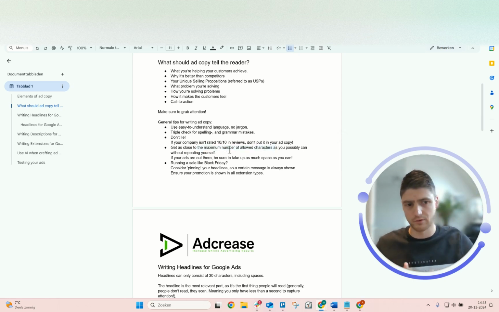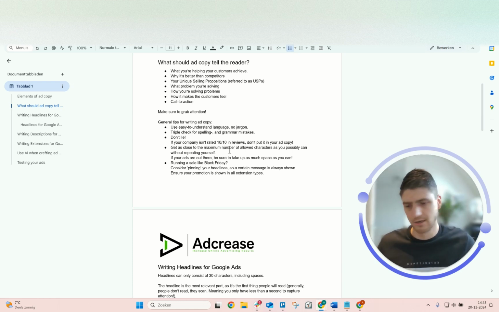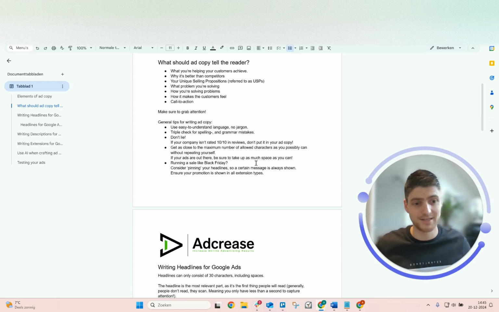If you have 30 characters, use 30 characters, or at least 25, because you're really wasting ad space if you're not doing so. I always like to look at it as real estate. So we pay for a certain placement, might as well fill that placement up, and make sure that the competitors aren't taking that space that we also pay